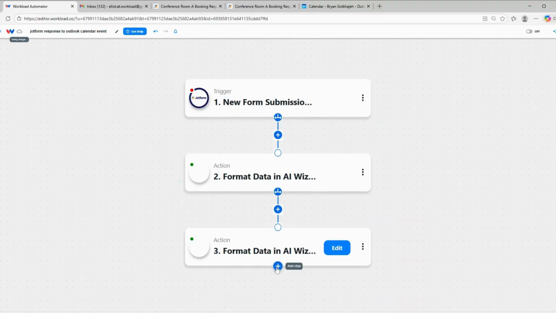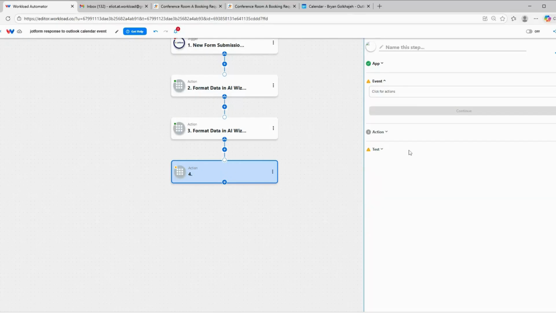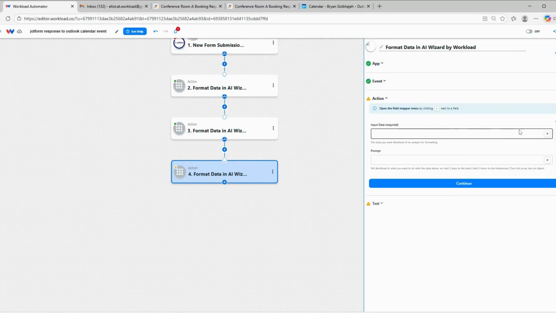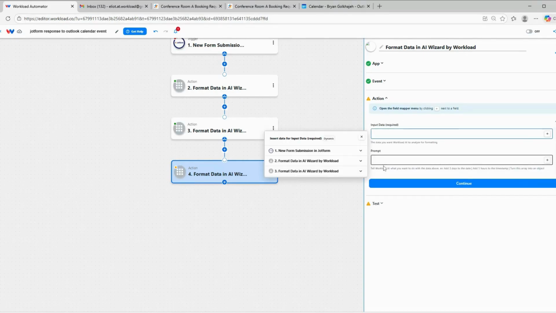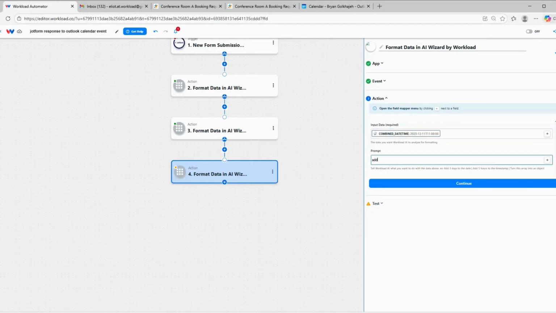So now we want to create our end date. So we're going to do this again using the AI wizard. Format the data. Now the input is going to be that step 3 we just created. And my prompt is going to be add, and then from